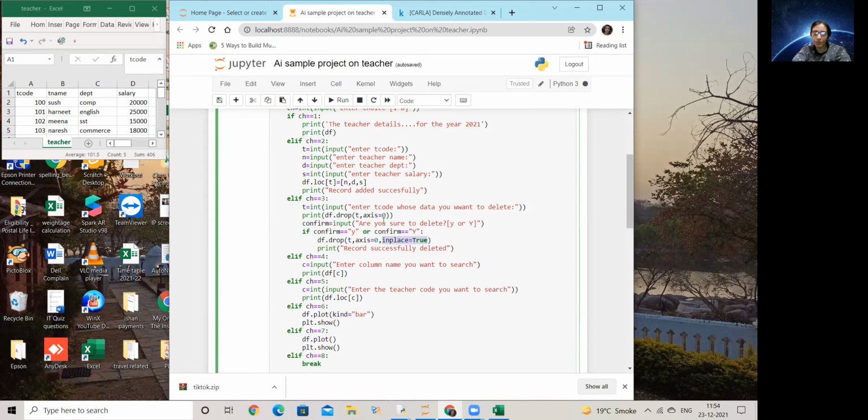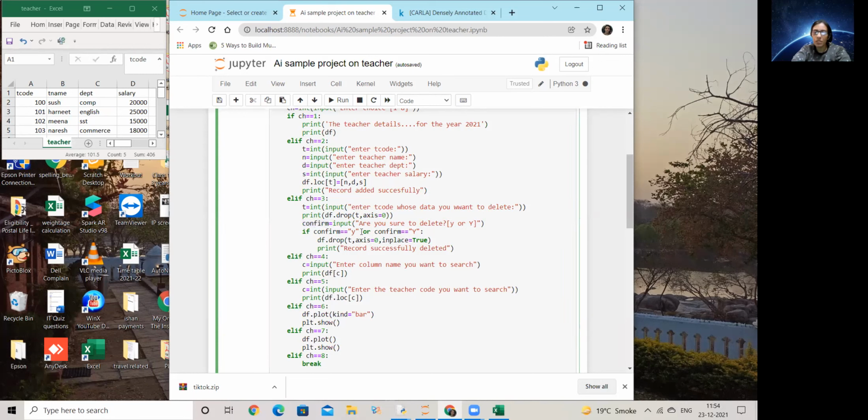But what I have tried to do is that I have taken another value from the user asking for it. Do you want to actually delete it? So are you sure you want to delete it? If he says yes, so I take it in a variable called confirm. Again, this is just a variable name. You can take any name.